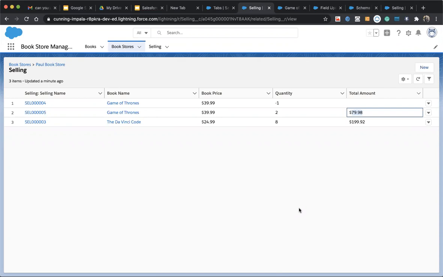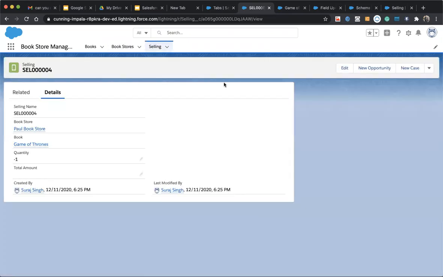Okay, so any questions? Yeah, I have a question, Suraj. I understand the concept. It's really easy, the workflow rules to implement, but I don't get it. The total amount is a field of the selling. Why can't we put the same formula field on the total amount field? We can't put any formula field. Suppose, let's create a formula field.